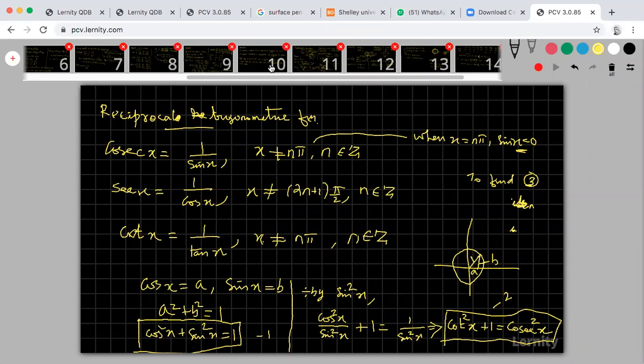Sir, after 2 pi, that means more than 360, again the same values repeat, sir. You told, okay, between 0 to 2 pi, some of the sin values are positive, some of the sin values are negative. Similarly, some of the cos values are positive, some of the cos values are negative. Okay, you please try to understand, right? So these values we will discuss in our next class. For what angles we will get sin values positive, for what angles cos values are negative, we will discuss all these things.